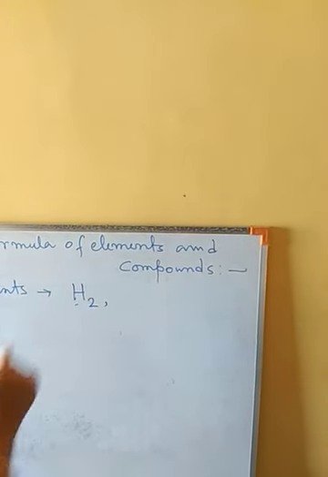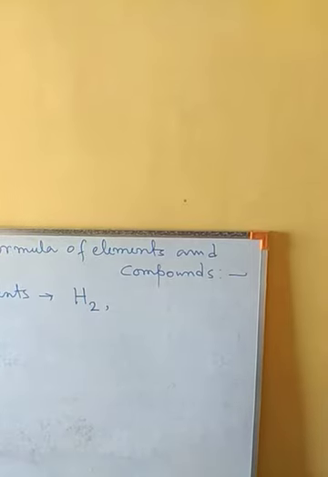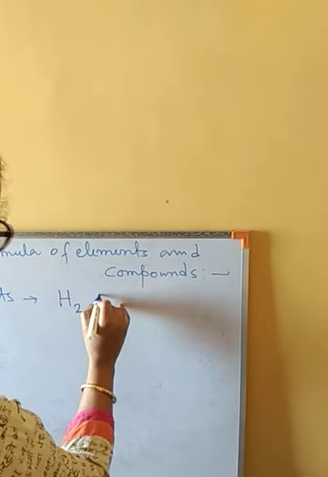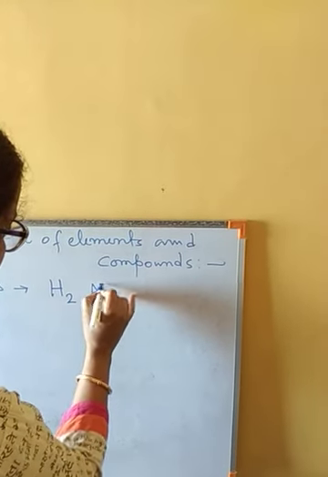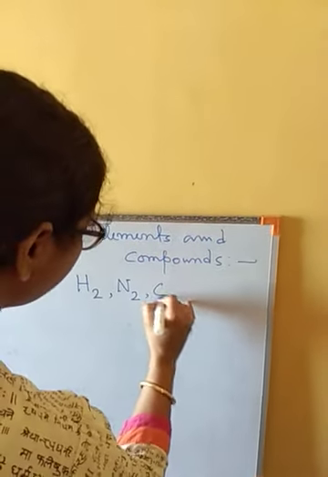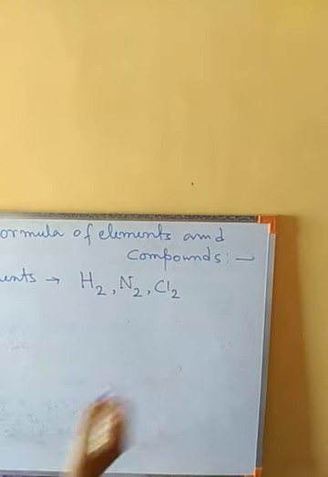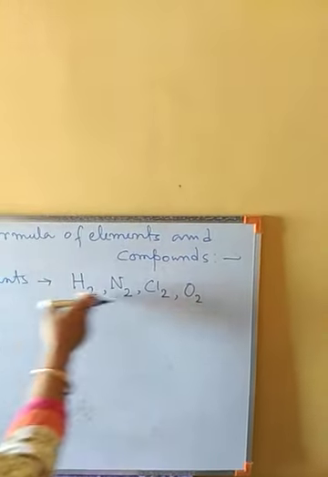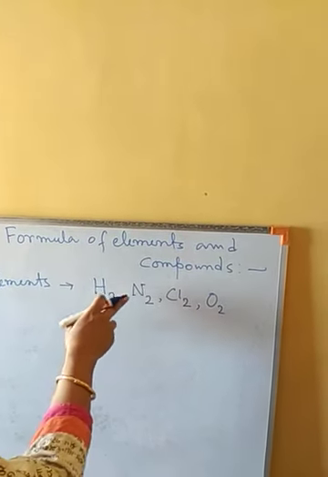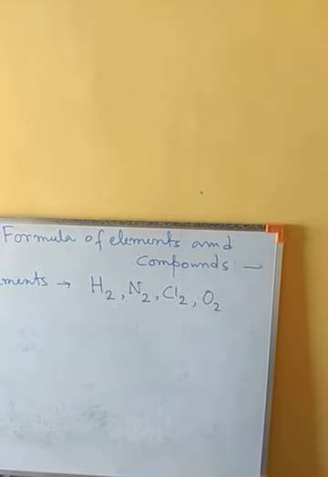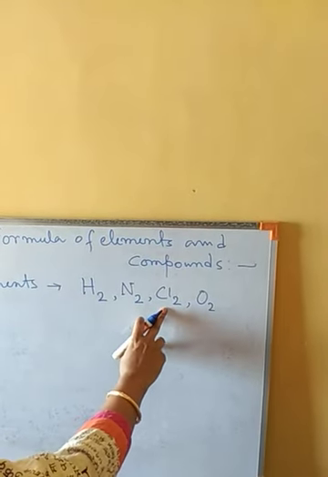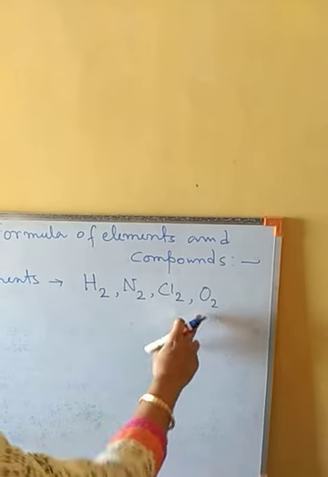As two atoms are there in a hydrogen molecule, we have to represent it in this manner. For nitrogen also we are going to write in the same manner, as there are two atoms present in a molecule. For chlorine also, same thing. Oxygen, all these gaseous substances are diatomic, that's why we will write 2 in subscript along with their symbol. So for hydrogen H2, for nitrogen N2, chlorine Cl2. In this manner we will represent oxygen O2 like this.